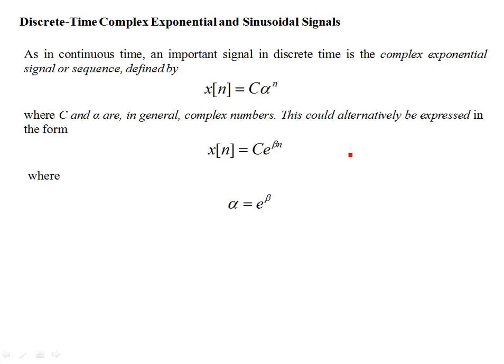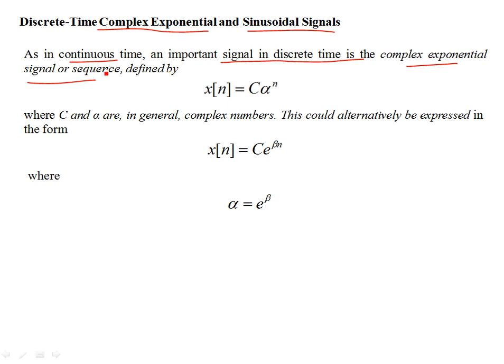In addition to continuous time exponential signals, we have discrete time exponential signals and associated sinusoidal signals. If you expand those complex exponentials in Euler's form, you can bifurcate into real and imaginary parts, and you can get sinusoids out of it. In continuous time, an important signal in discrete time is again the complex exponential signal or sequence, because it's